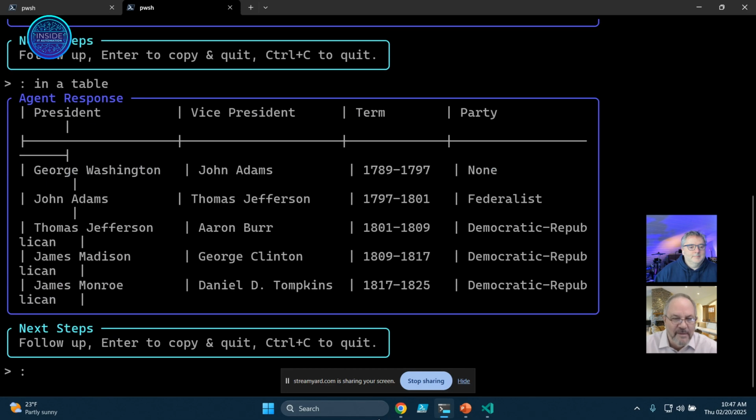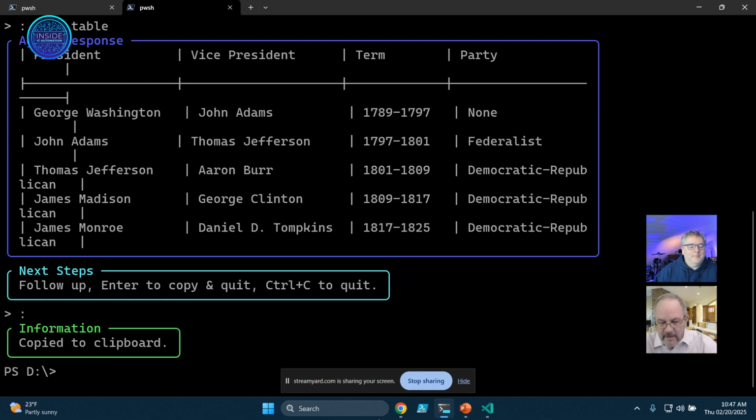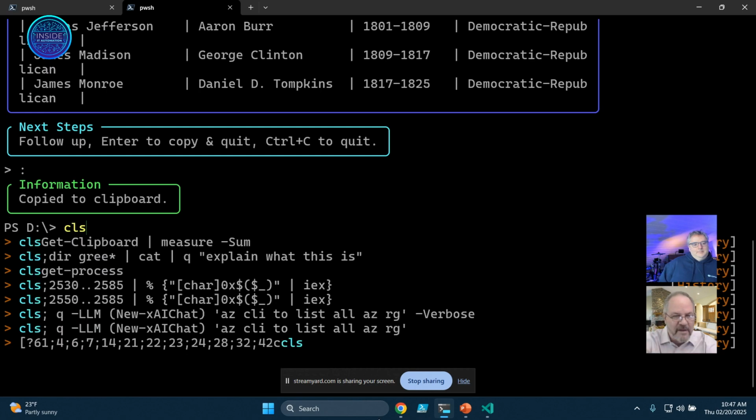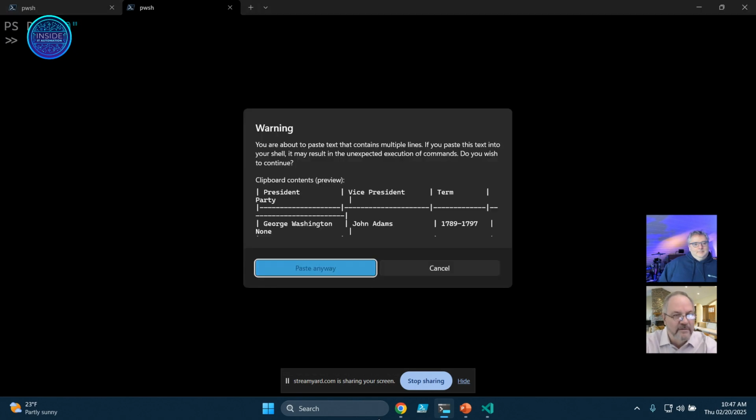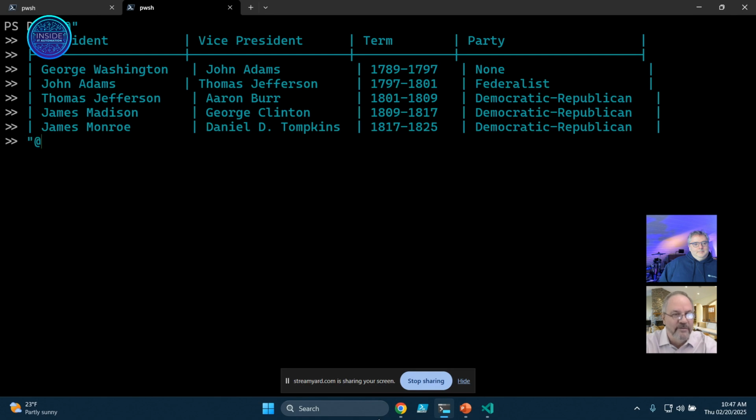Now I'm going to type in a table, and what's cool is it knows to come back as a markdown table, right? How cool is that? Amazing. Now I'm going to press enter, and I've copied it. So now I just had a conversation. It remembered what I was talking about. I didn't have to remind it that I was talking about presidents. Got to my table, and then what I can do is I could put it into an editor, or I'm going to just paste it here.